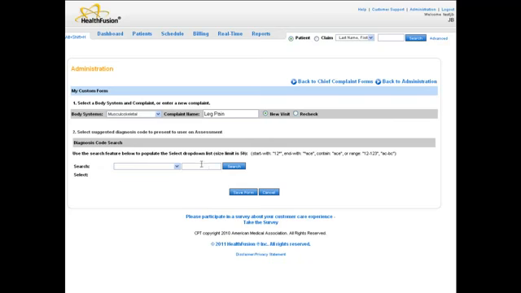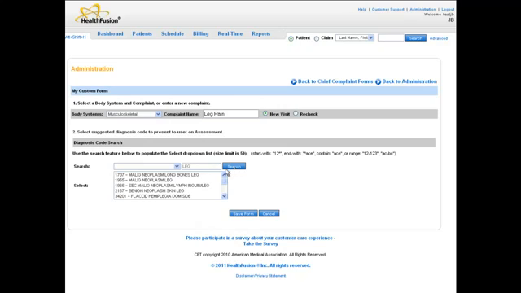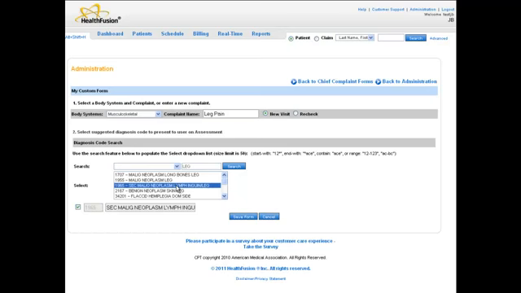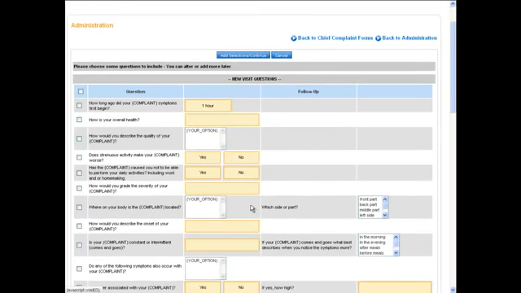And then, down below, you can now associate specific diagnosis codes to be associated with this complaint form. Find the code and double-click on it to add it. What this does is it makes a suggested list, so during the assessment section of the encounter, you will be suggested these codes to choose from if you use this complaint form. This portion is optional. Click Save Form, and now we will give you some of the most commonly used questions